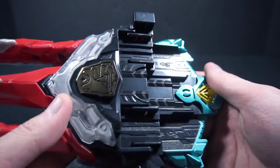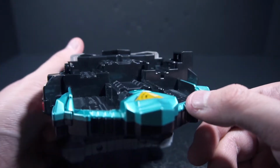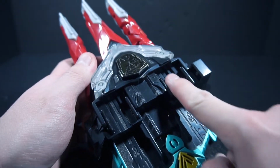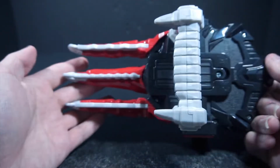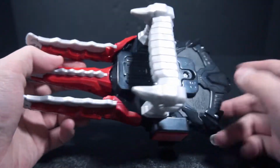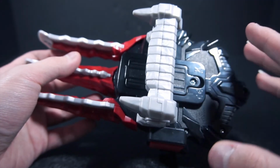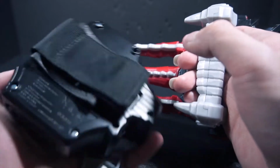I'll just do it from this perspective. This is where you slot in the Dino Fury keys. I don't know what that was, I apologize. This is where you slot them, and then this is a gap for the helmets, and the bottom is essentially like so. This is where you're gonna replace the batteries, because I think this thing takes 2 triple A's. I don't remember. I think Hasbro does double A's. I don't remember personally, but